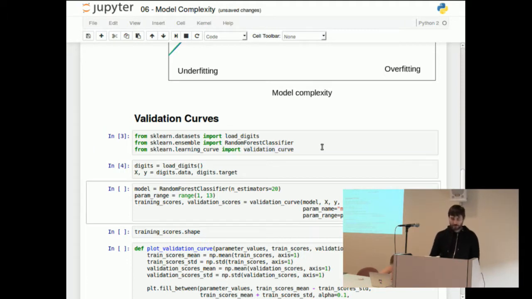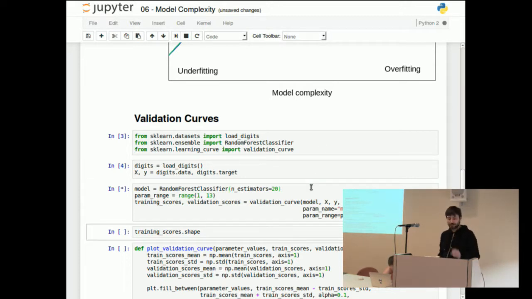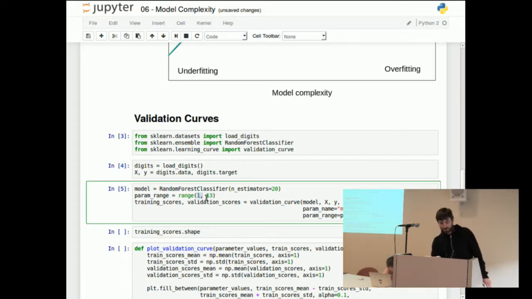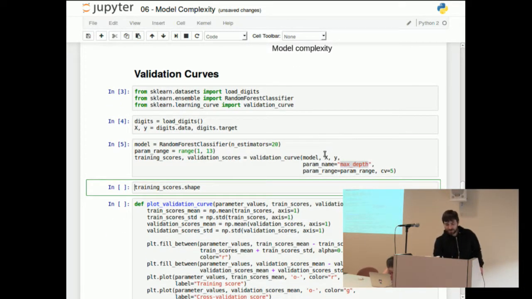So here I load this digits data set of the handwritten digits again, and I use the random forest classifier, and I set some parameter range here, from 1 to 13, and this is for the parameter maximum depth, and I'll explain this on the next notebook. And so what the validation curve will do, it will do 5-fold cross-validation on this data set, x and y, the digits data set. And for each of these values of the maximum depth parameter, it will give me the